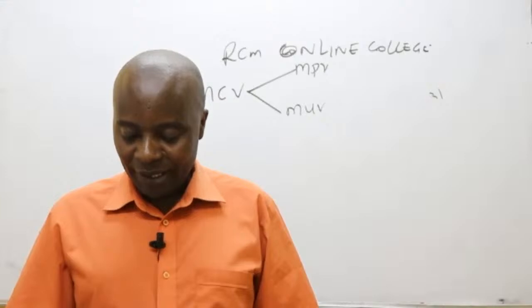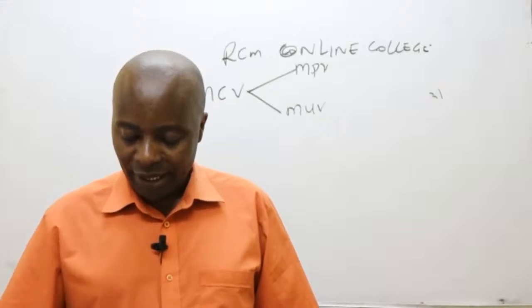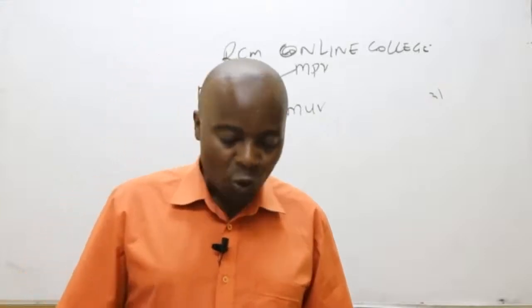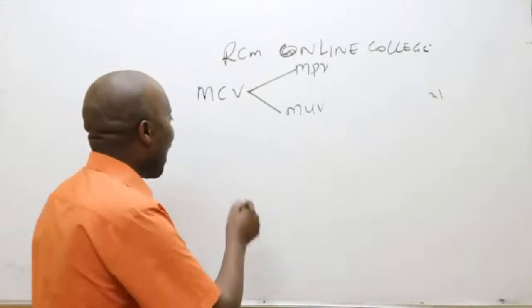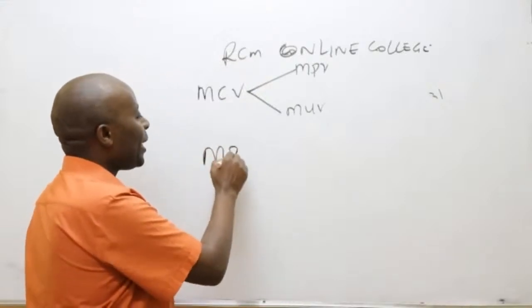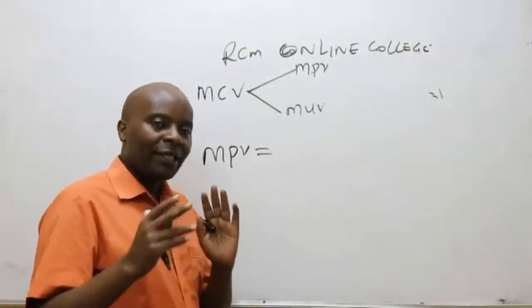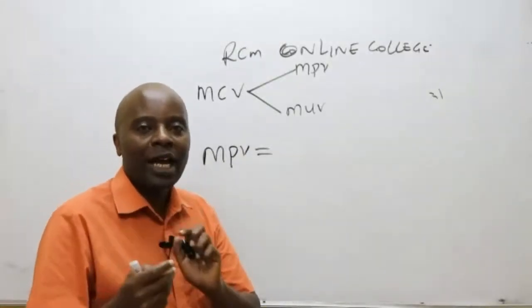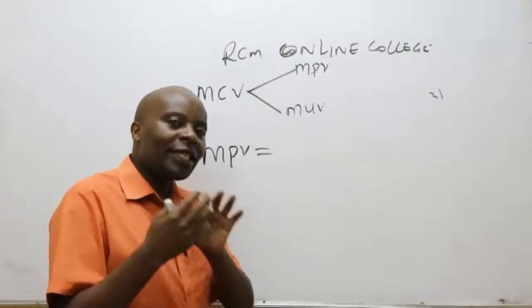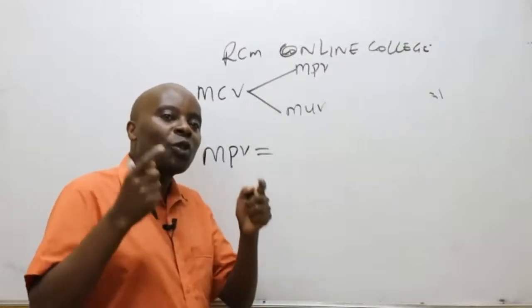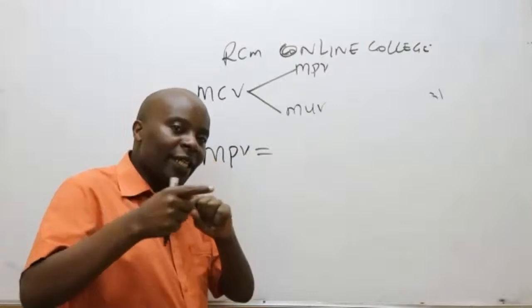Ladies and gentlemen, that formula is okay. However, we don't prefer putting it that way. If you want us to give you the material price variance, we've got two prices, remember. There is the price that we began with at the beginning of the period, thinking that it is the price that was to be used in the year.